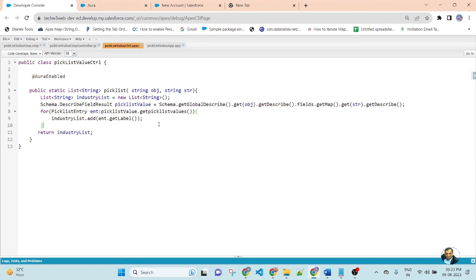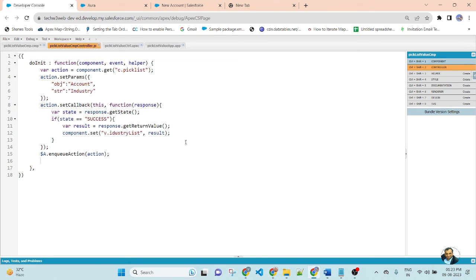In the class method, I use Schema.DescribeFieldResult. This is a predefined property of the class method, and this is a list of strings, holding all of the values.